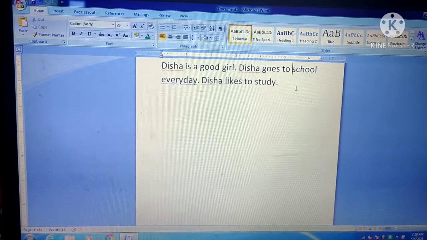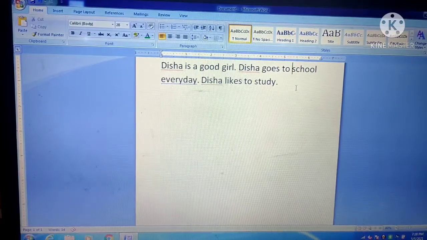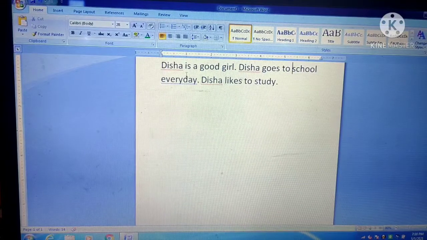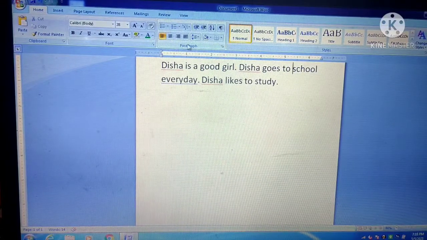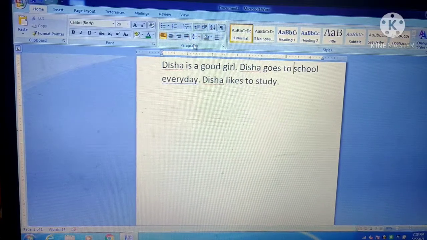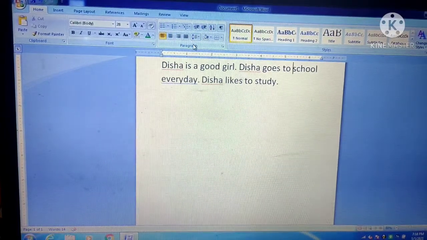Okay. So now in this paragraph formatting, there are different features which we can use. You can see here the word or the group paragraph. These features can be used to format the paragraphs. Okay.